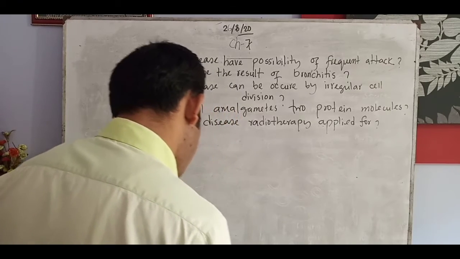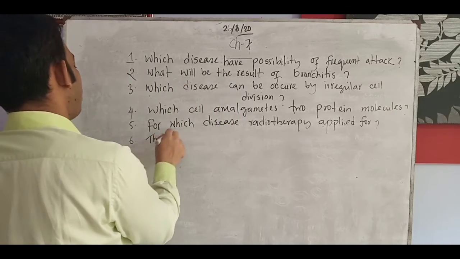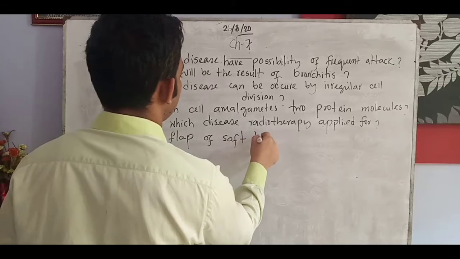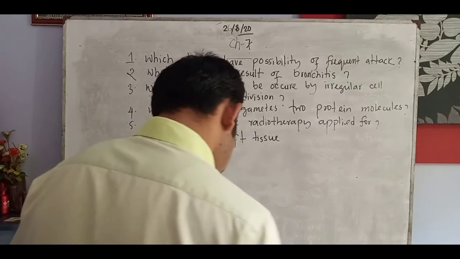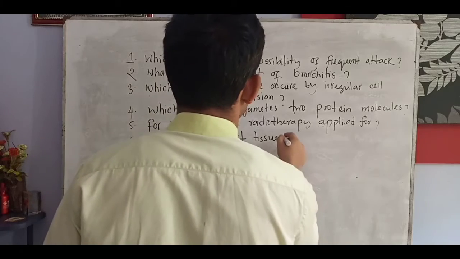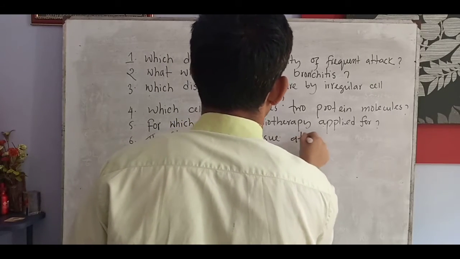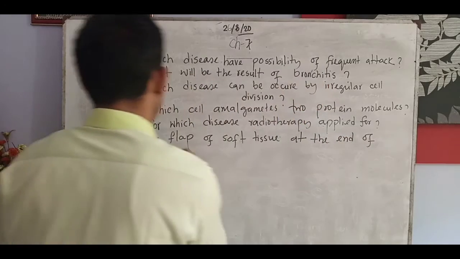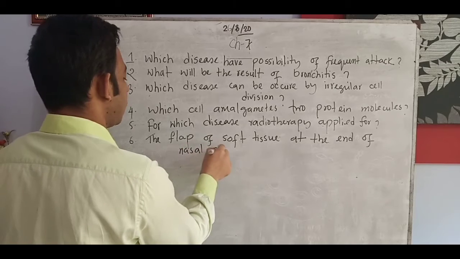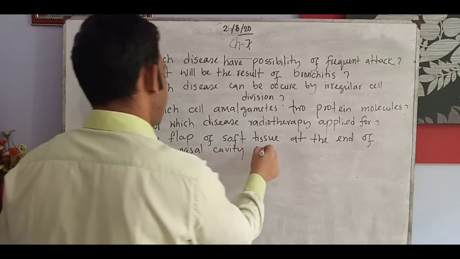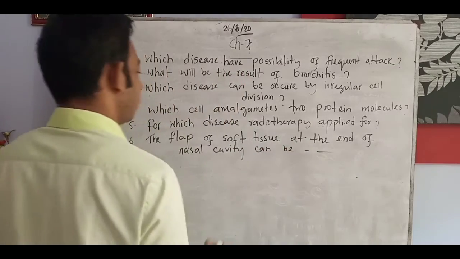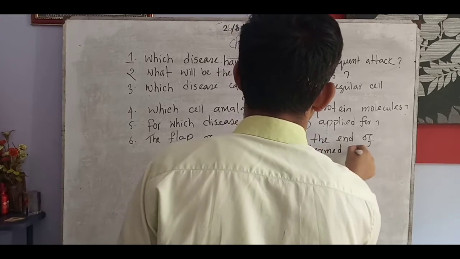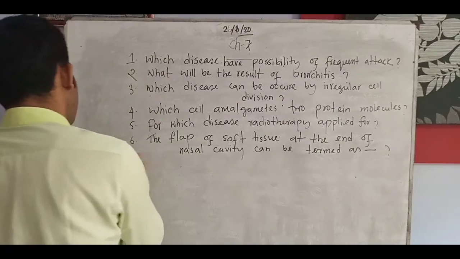The flap of soft tissues at the end of the nasal cavity can be termed as what thing? Number seven,